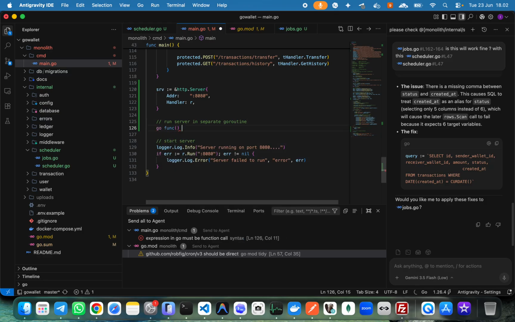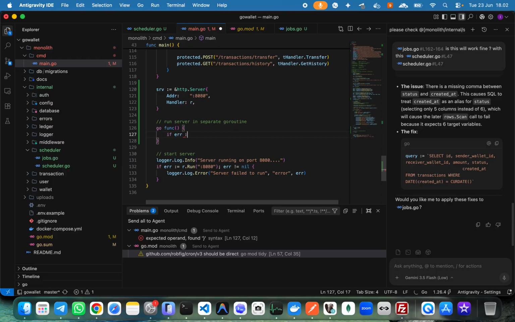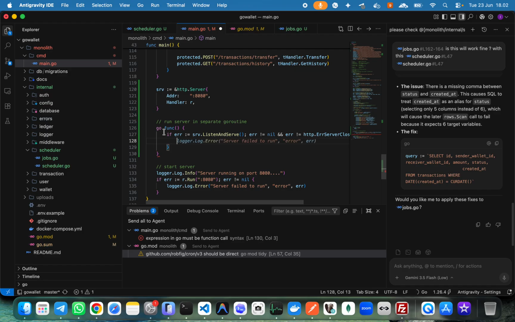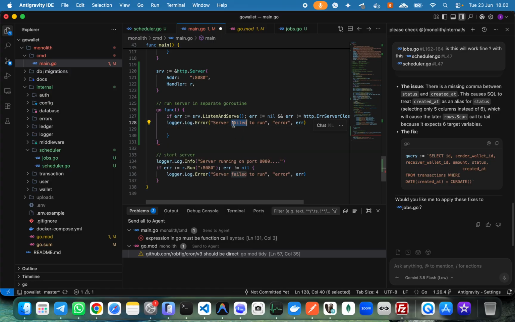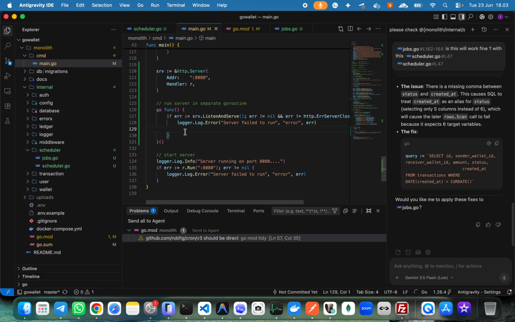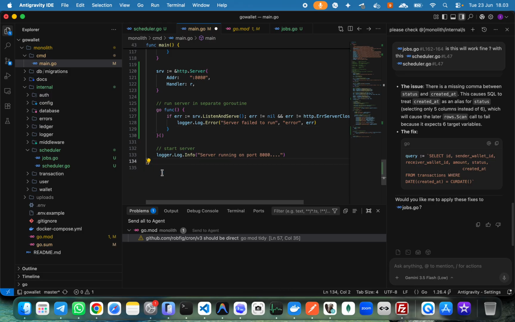Here go func, if err server ListenAndServe, and then err not nil and err not http.ErrServerClosed, we should logger.Fatal, yeah, here server error, server failed to run, and here should be invoked, and then we should delete this one, start server,